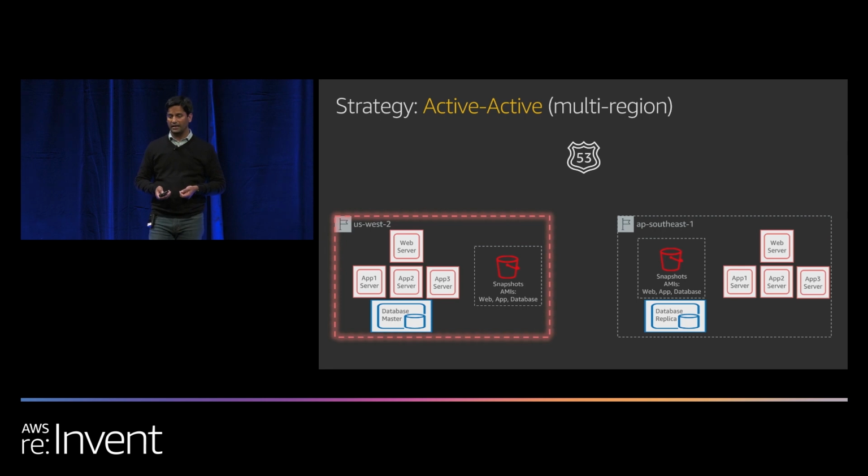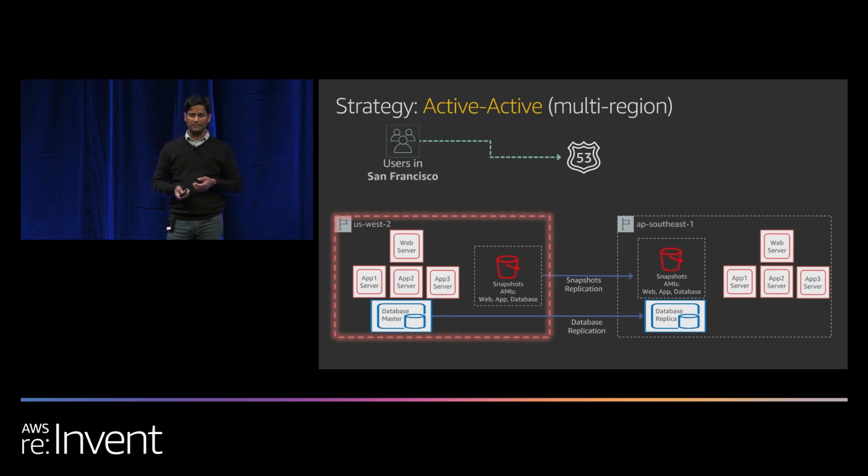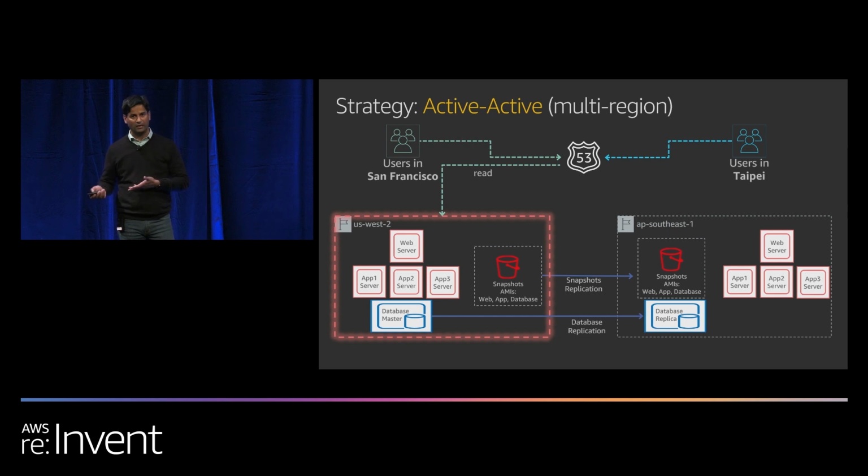One strategy here is, you're doing the snapshot replication to make sure, again, that your standard AMIs and all the configuration is replicated. The database is replicated. In this scenario, say I'm giving you an example where users in San Francisco are going to US West 2 region, and then users in Taipei are going to Asia Pac region, right? This pattern is called read local, meaning you are reading all the configuration and accessing the resources locally in that